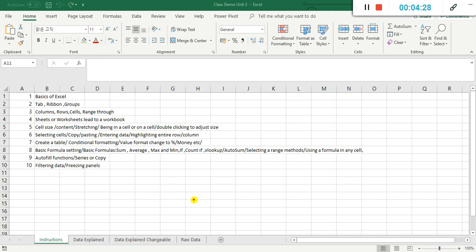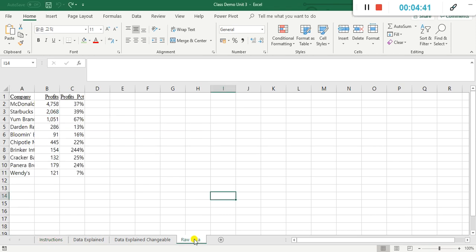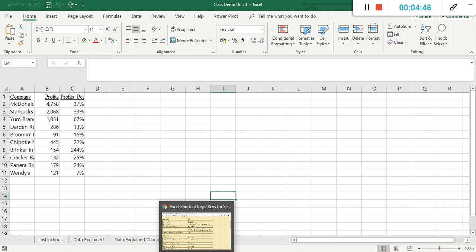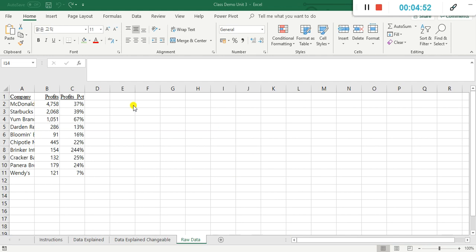Okay, so now let's go through some different things. I'm going to change to the raw data sheet. We're going to be working in that one. So you have to now click the raw data sheet. I'm going to go there. Okay, so here we have the raw data. We have a lot of the raw data in there. So what we're going to do in here first of all is